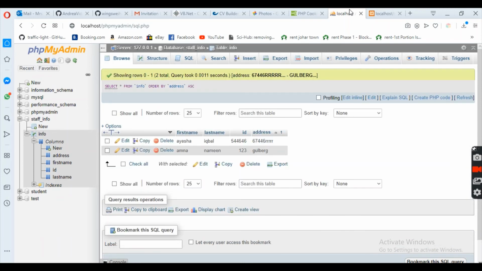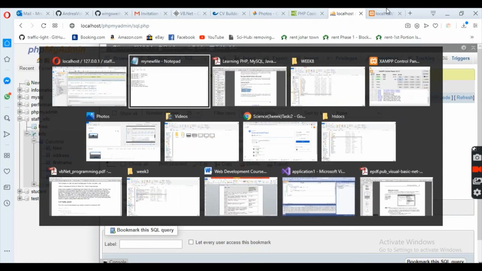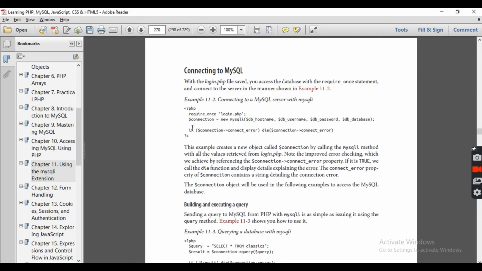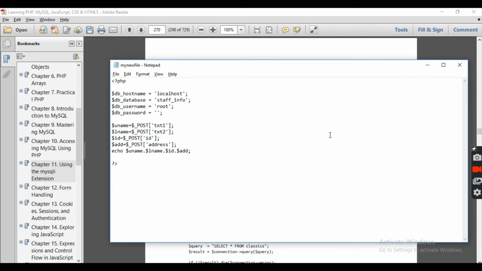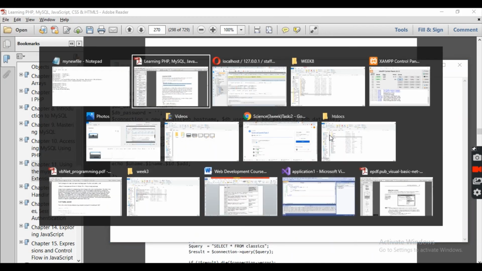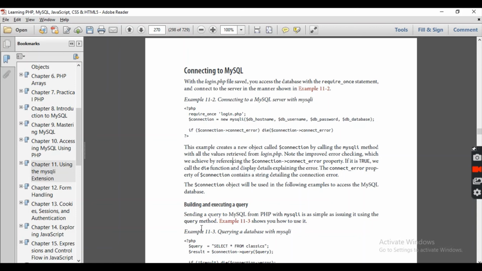Next command, we are going to create a connection string simply by going here, copy it here, then we have to run the query, and this is our query, simple.